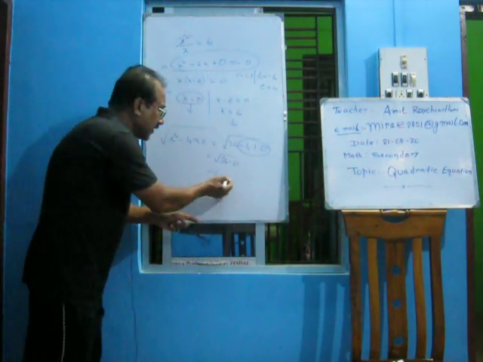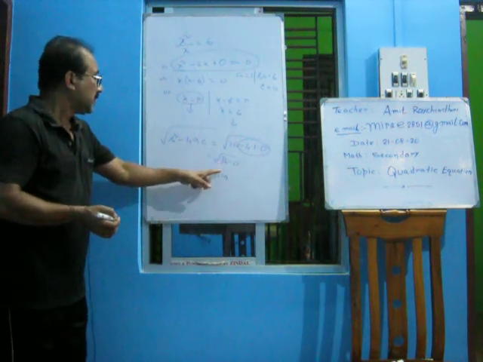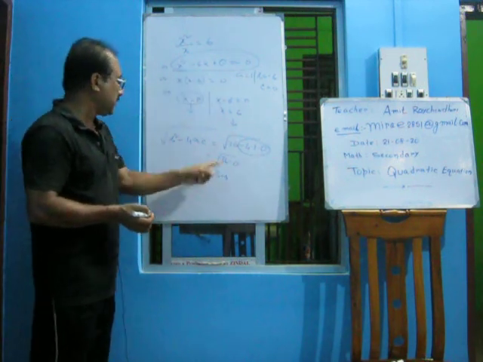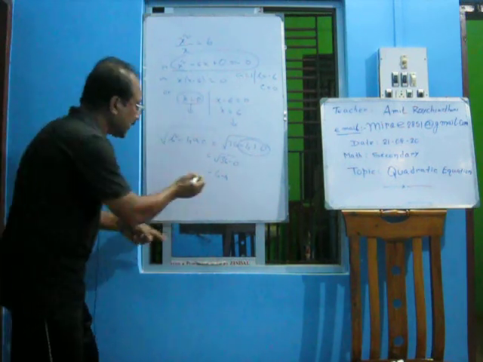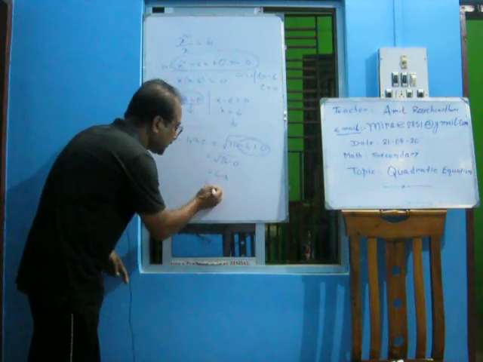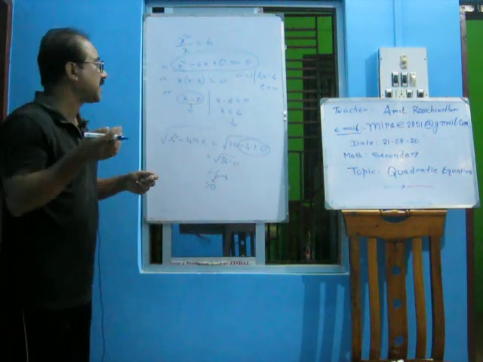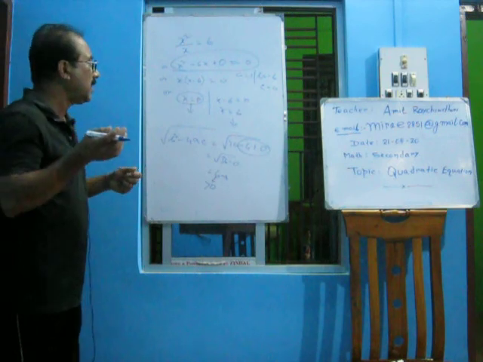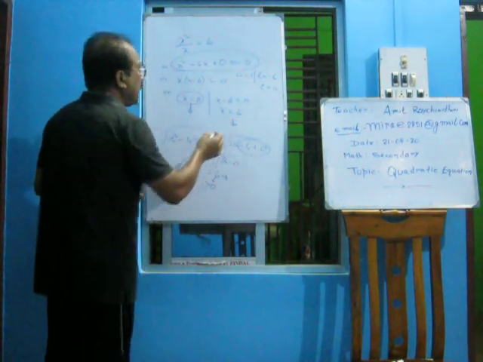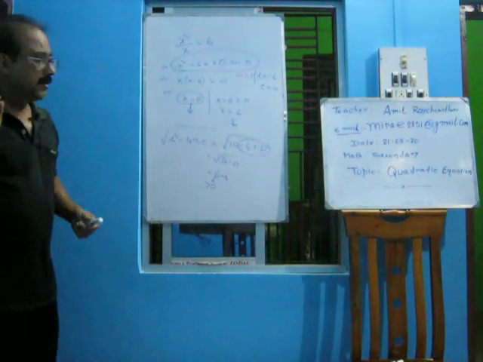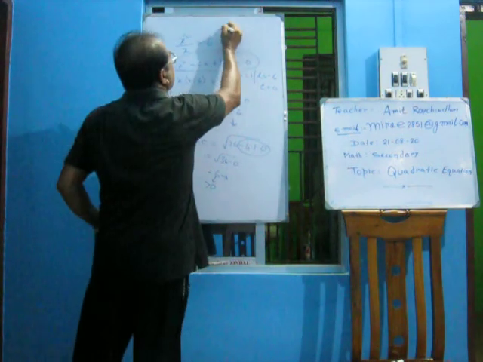So it is an integer. Once it is an integer, it is greater than 0. This 6 means it is greater than 0. So once it is greater than 0, that means the roots will have the characteristics of unequal and integer. So it is unequal and integer. And one more thing I am going to tell you. Here, in any ax square plus bx plus c format,